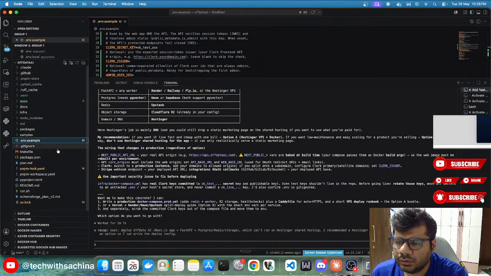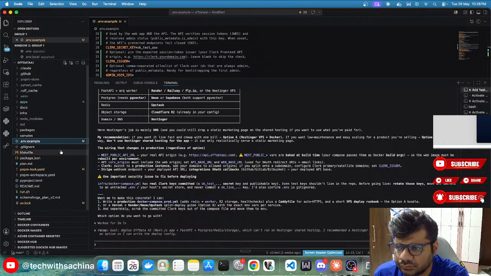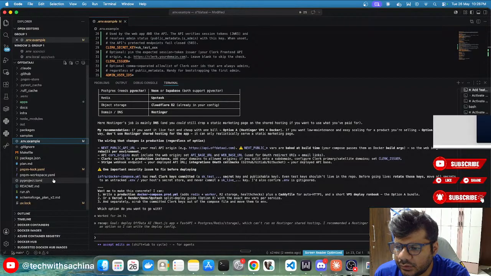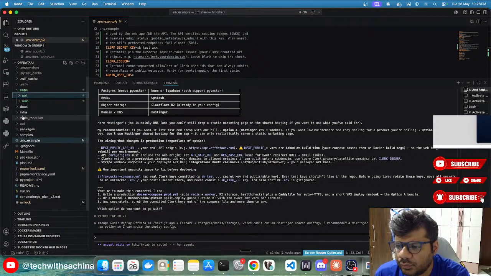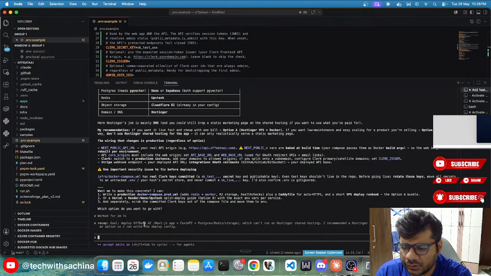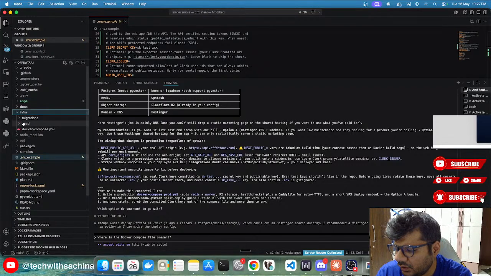Okay, so even if you see this part, just give me a minute. Run.sh. Where is the compose file? I'm just checking that out. Where has it put? In the apps API? No, this is Dockerfile, right? So where is the compose file? Docker compose.yaml. Okay, let me ask it. Where is the Docker compose file present? Okay, inside infra. It's inside infra. Here it is.